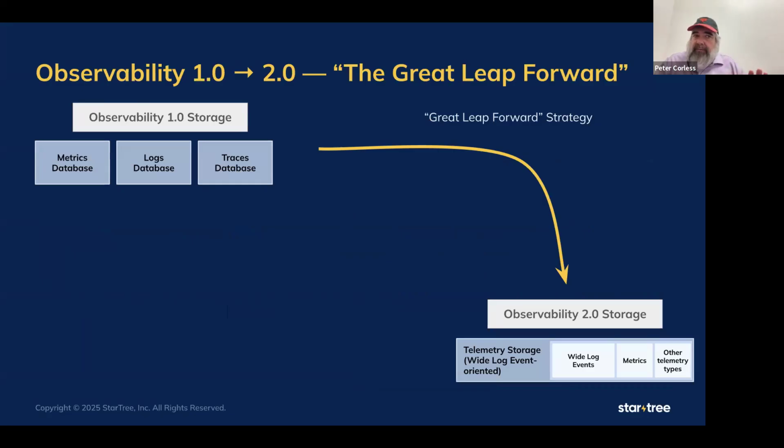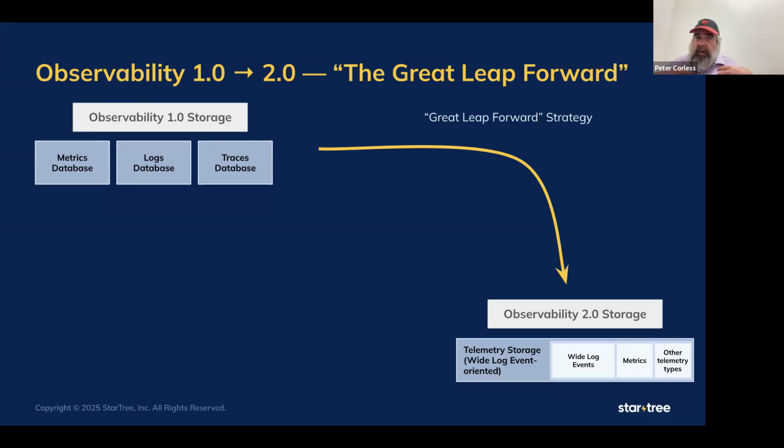Now, this scares a lot of folks that have been running successfully. I have Prometheus running, I have Grafana Loki running. I'm happy. Why do I need to change here? That sounds like a great leap forward. Now, some people who've been doing this for a while, you can talk to some of the closed source vendors like a Dynatrace or a Honeycomb. They've figured out how to do this with their own closed source systems. But for open source systems, you might need to think about how you're going to do data modeling, how you're going to do data ingest, what's the platform you're going to use.